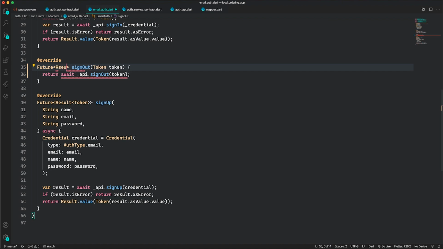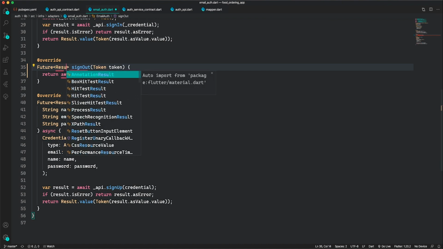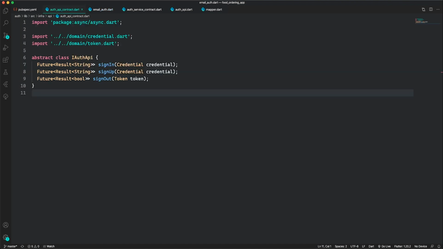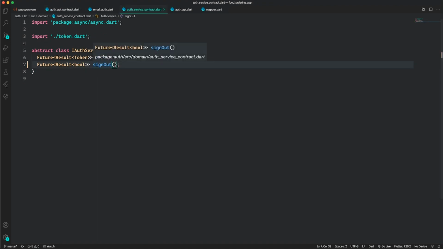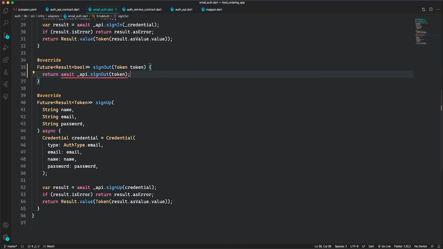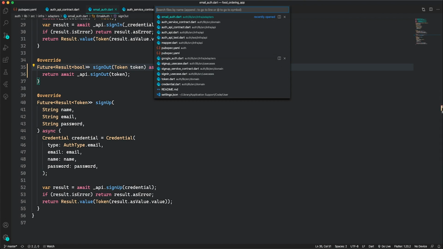This should return a result type. Here we have our sign out method in our email auth, and a similar thing